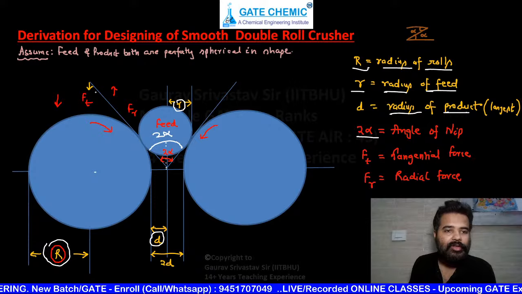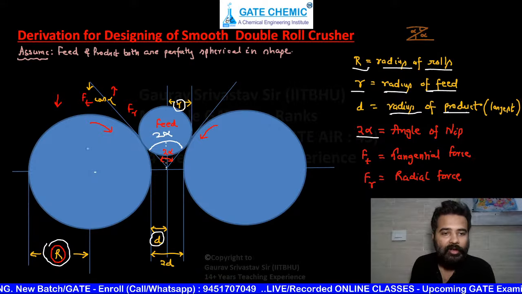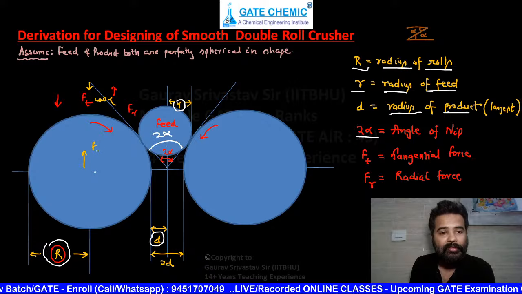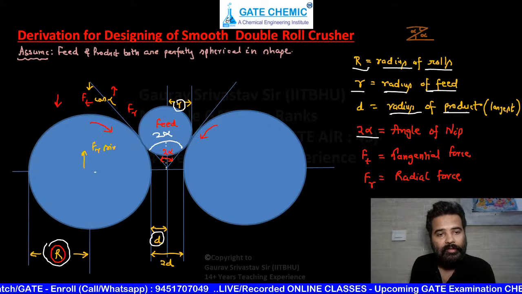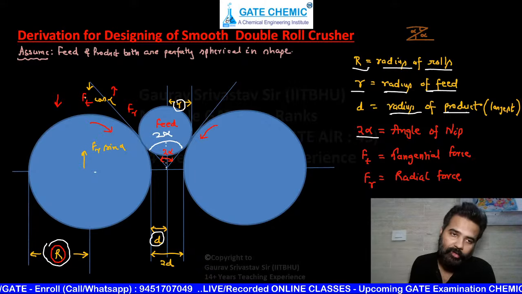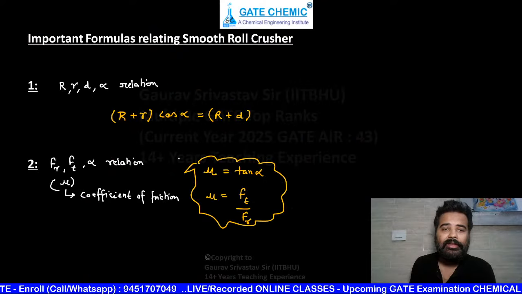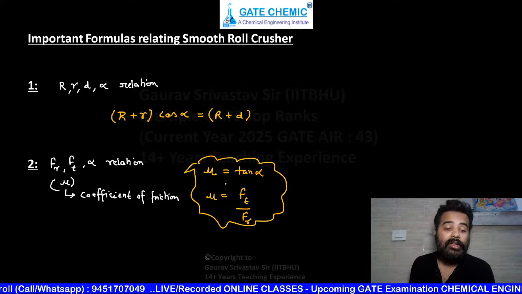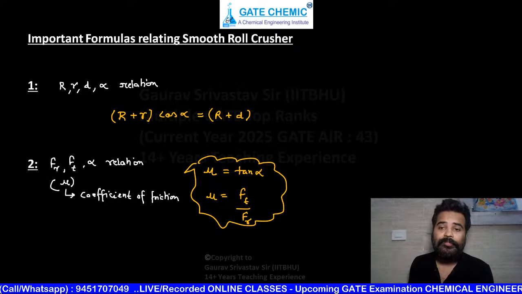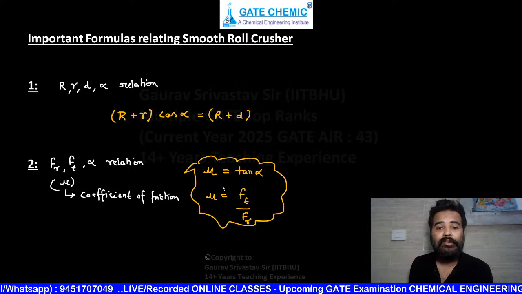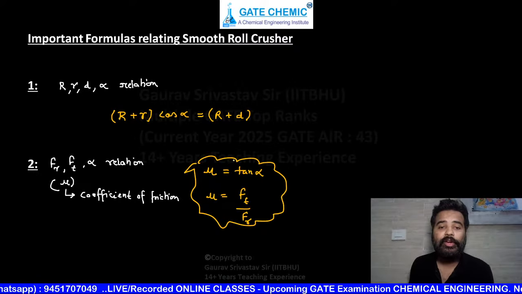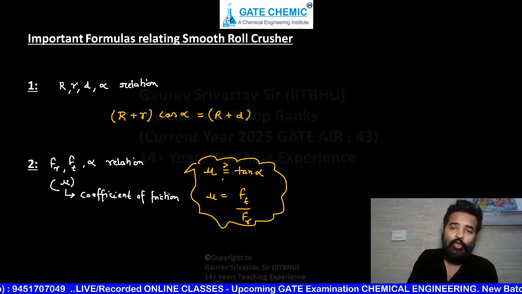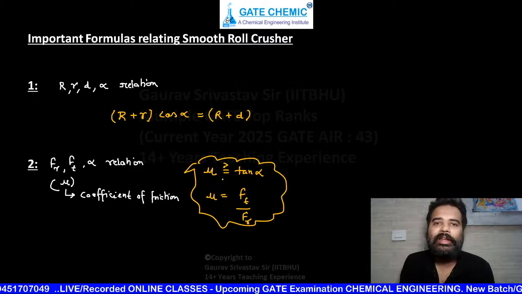In the downward direction, this is Ft cos alpha, and from here the upward direction force is Fr sin alpha, and downward will be more than this one. So ऐसे करके इसे निकालते हैं, and in the equation you can also see a greater than or equal to sign. Okay, that is mu is greater than or equal to tan alpha, and to solve numericals you have to use mu is equal to tan alpha.